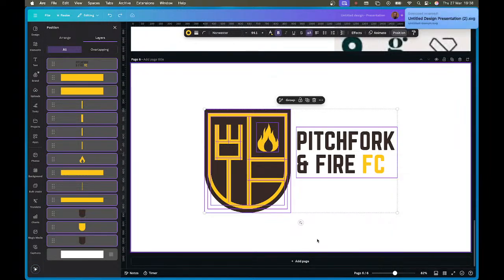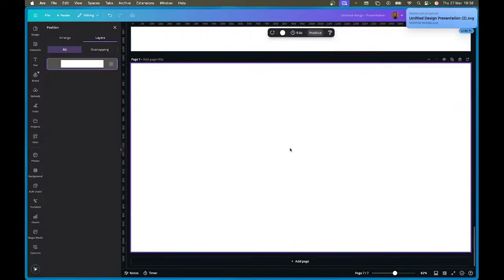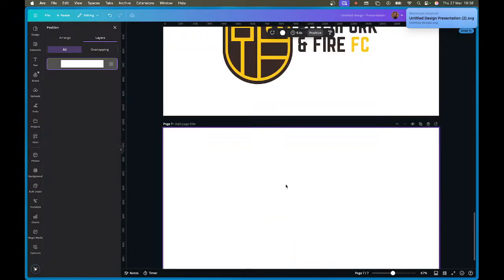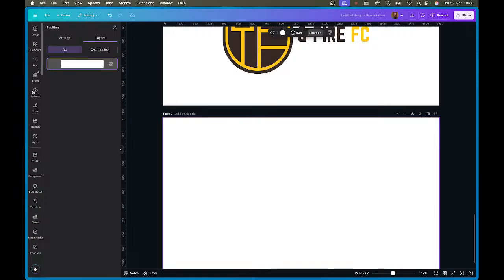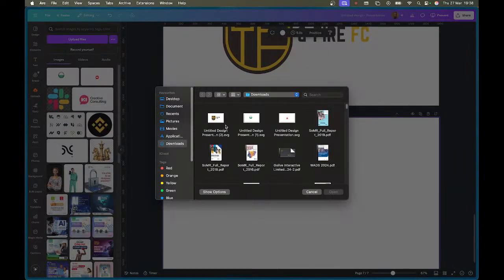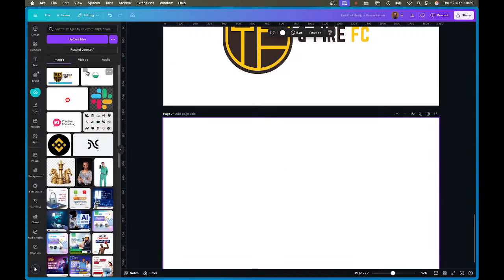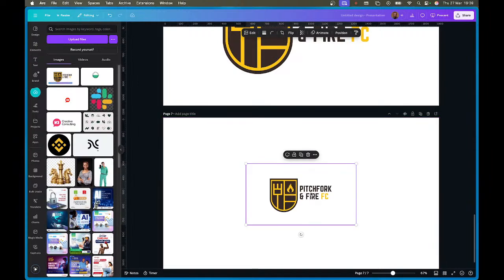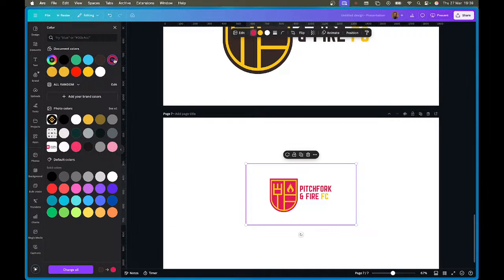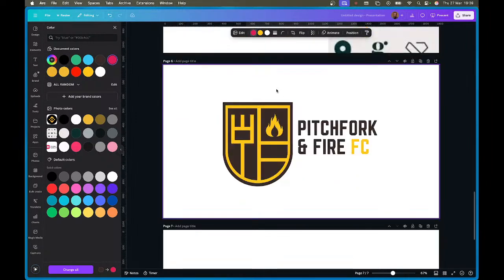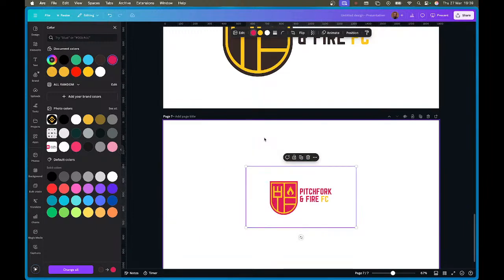if I create another page so that we don't get distracted, let me just zoom out so we can see a bit of this, and I come back to upload. I'll upload my file, go back here, so you can see now I have all the colors editable, so I can change all the browns to red. It has automatically grouped all the colors here by itself. I can change it to blue, I can change them to whatever color, so that way your work is much